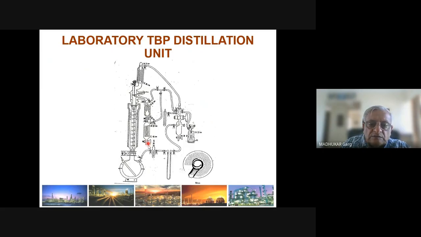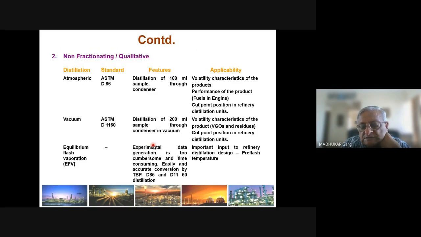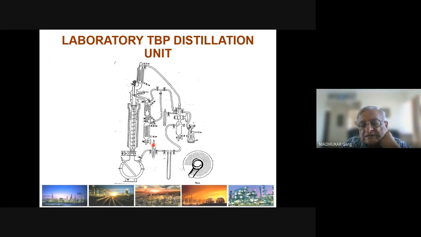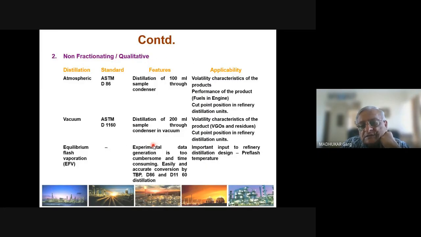In fact, you can take out samples depending upon the temperature. You can take out the first 10% or the 10 to 20%. And so this is also called preparative TBP. These TBP distillations take time. A typical TBP distillation can take a whole day. So it is very important, if you want to do quick analysis,